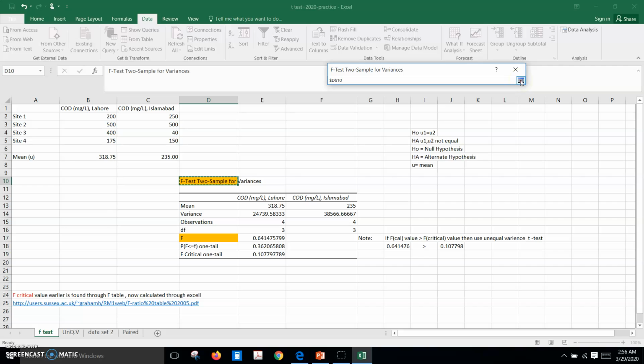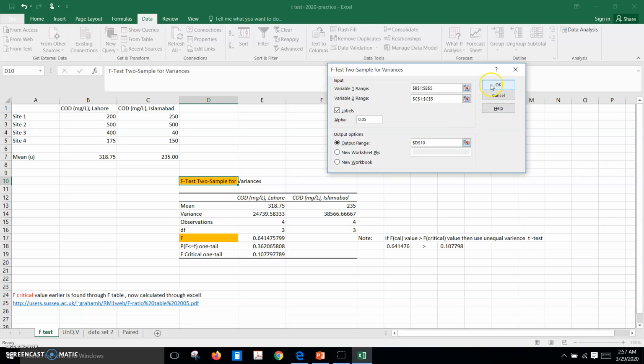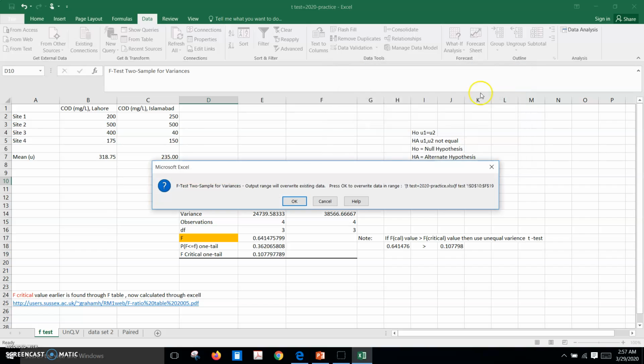So when I will run this, you will see that there is no change in the data, but actually it has run. And just to show you that it's going to give you the same answer, the color of these screens will be changed, but you will be finding the same answer again. So this is the way I am trying to show you how I have calculated the data. So you just press the OK button, and